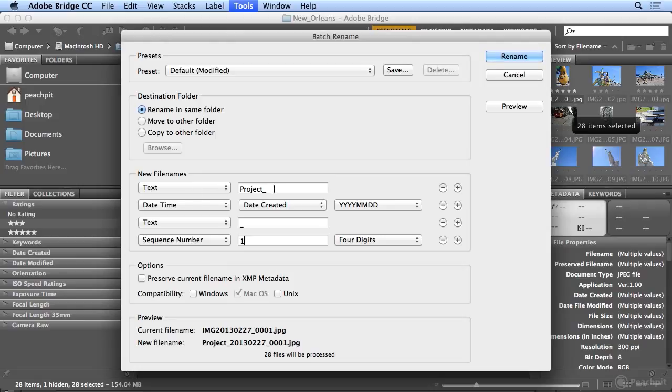So where you see new file names, I'm going to type in new, and I always add an underscore. I really never use anything but letters, numbers, underscore, and hyphen. Many people may have noticed that when you get email attachments, there's a lot of percent signs and numbers in the file name. If this was named New Orleans this way, with a space, that space in an email attachment will often change to %20